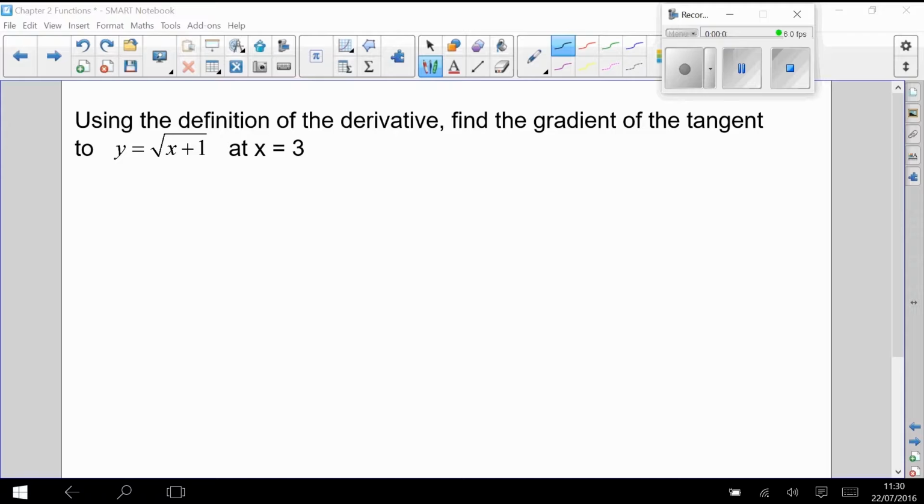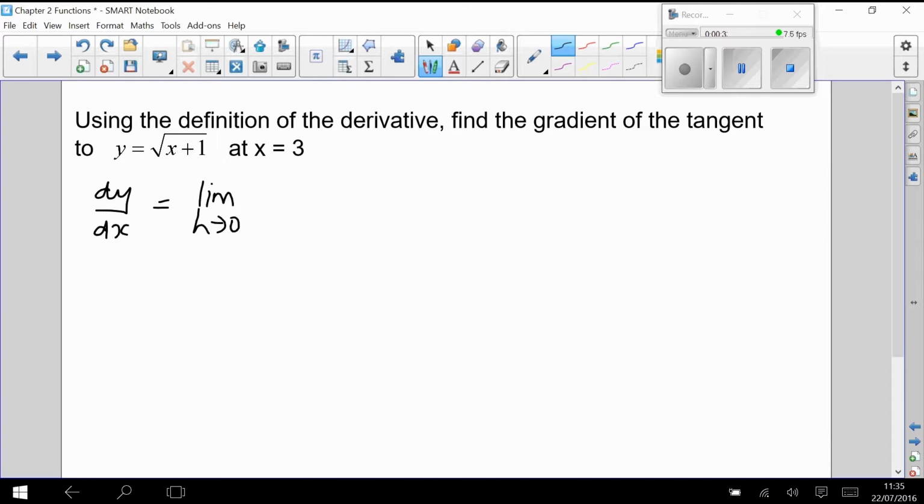Here we want to find the derivative of the function, but this time I've used a different notation. I've said y is equal to the root of x plus 1. If I get this notation, then I must stay with the same notation, and you might remember that the derivative is going to be dy dx. So here I write my derivative, dy by dx,